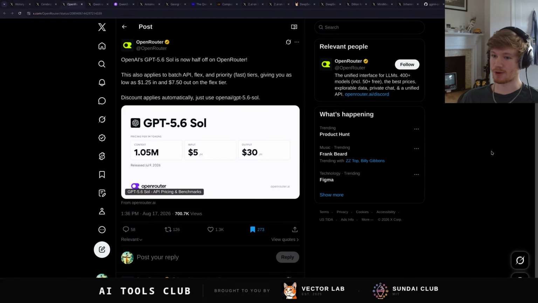Actually, question: how many people are using OpenRouter right now? So I know, if you guys didn't hear, OpenRouter got sold to Stripe for $9 billion. So they're doing well. I want to know, do people actually use it here, or is this some weird purchase